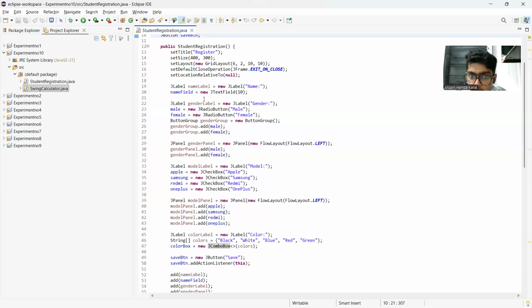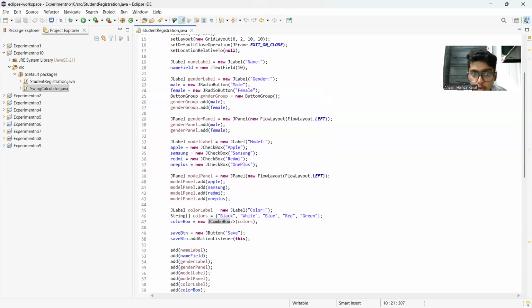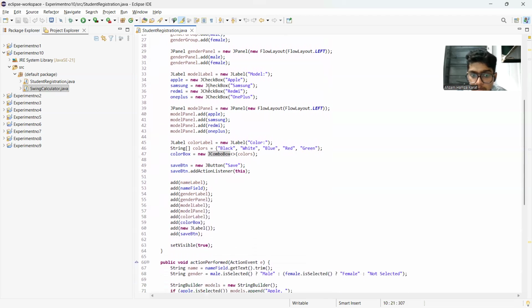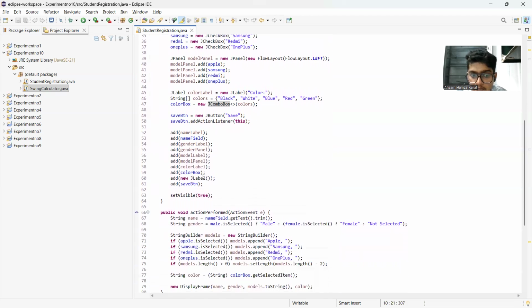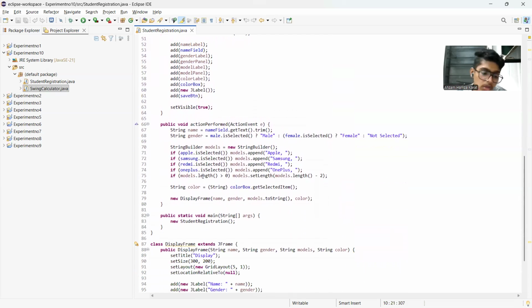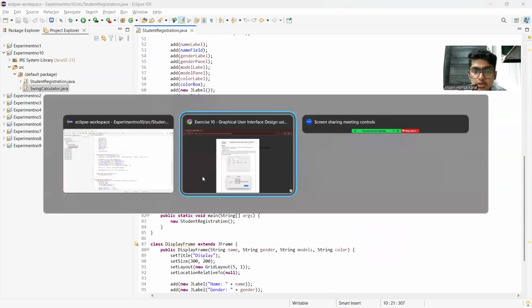So mainly the JFrame will input, JLabel means the interface. The friendly interface is mainly made of the JLabel. So all of this is coming, and the model panel dot add, the save button, the add model panel. So these are mainly the code for this. So now we are going to the next question. So the next question is